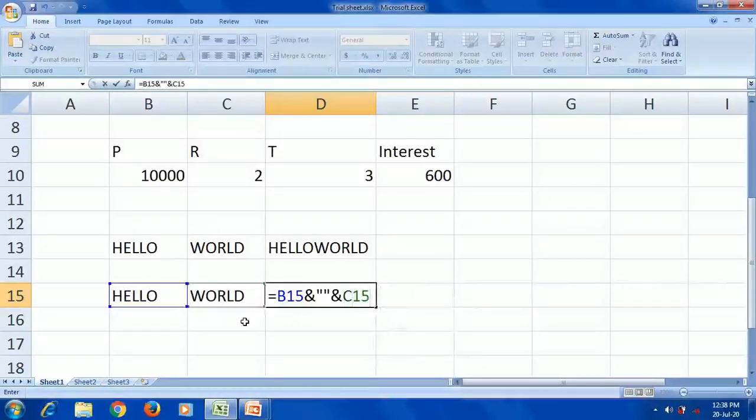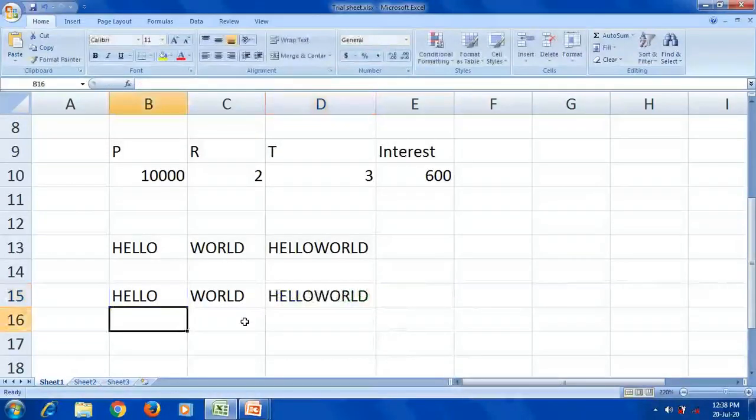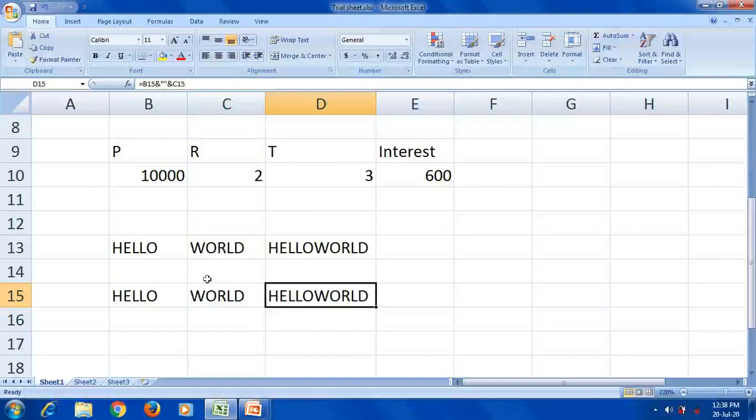Okay, then press the enter key. Sorry, there is some mistake here. So this double quote will give a little space. See now, hello world with the space.